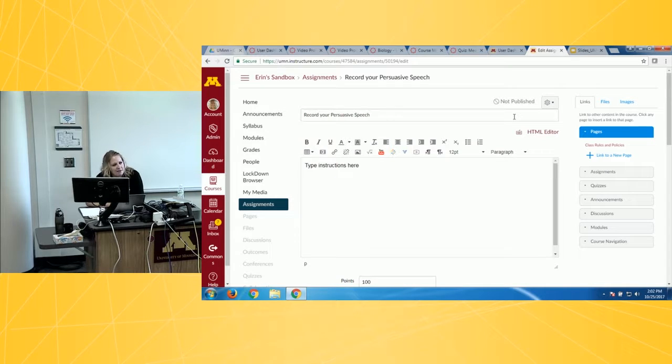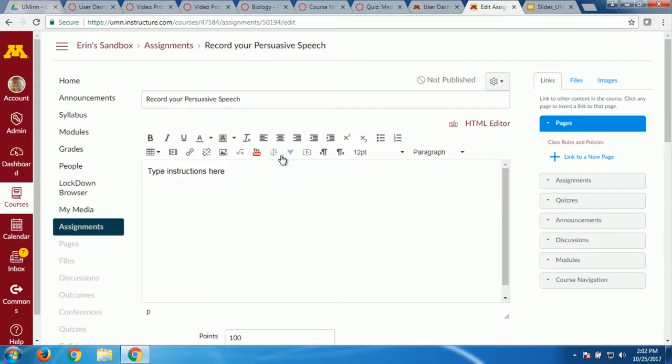When you build instructions, whether it's a discussion, an assignment, a quiz, don't forget you have all these tools here. You can integrate media, recordings, audio, video record, Kaltura content, YouTube videos. You can have them watch a video and submit a reflection on the video. I mean, there's so much you can do here.